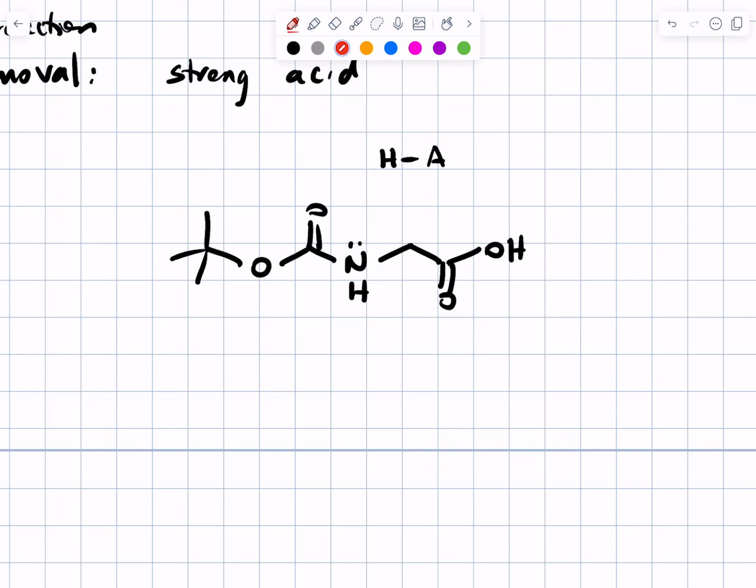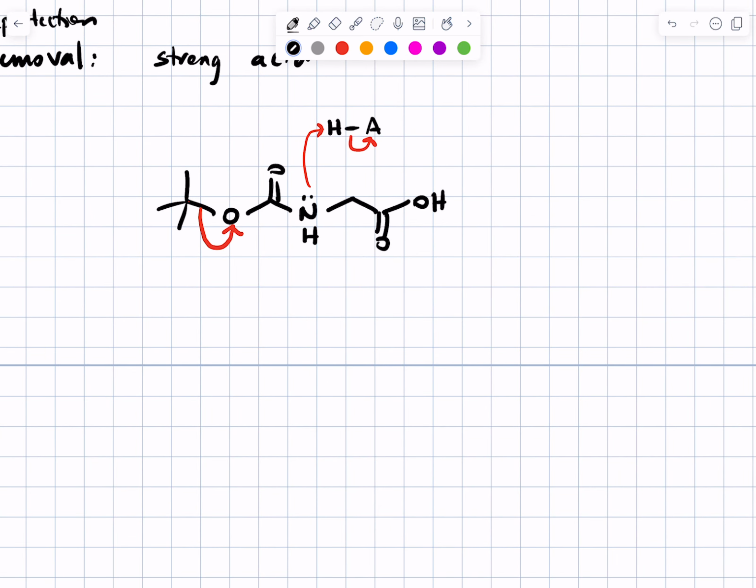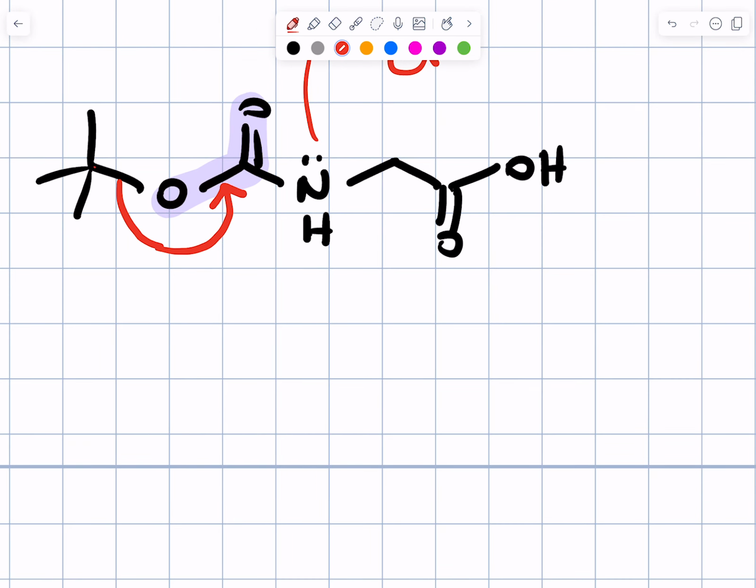We're going to show the nitrogen getting protonated. At the same time, we're going to show the electrons in this carbon-oxygen bond leaving, this is the sort of SN1-like step, leaving with the oxygen. At the same time, we'll show those electrons kicking down to form CO2. I'll highlight where CO2 is embedded here. And then the electrons in the bond between the carbonyl carbon and the nitrogen just go on to the nitrogen